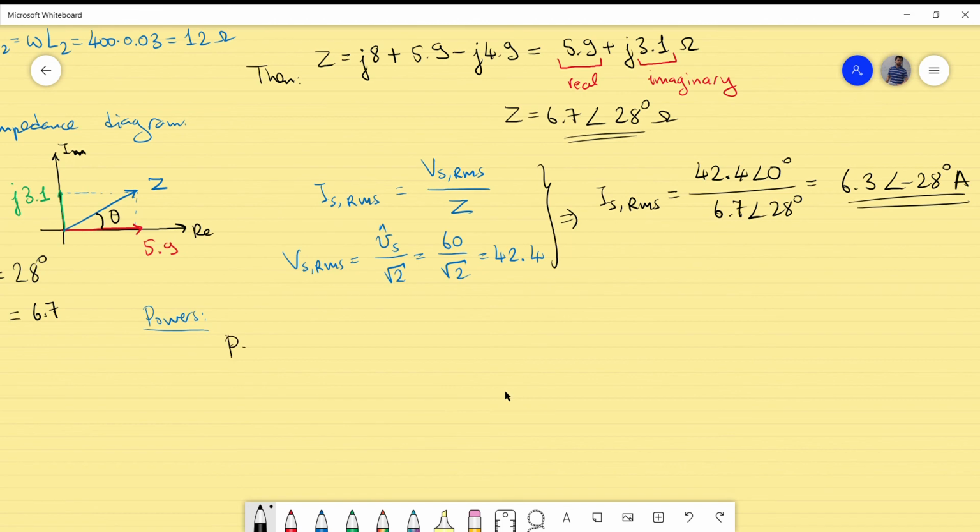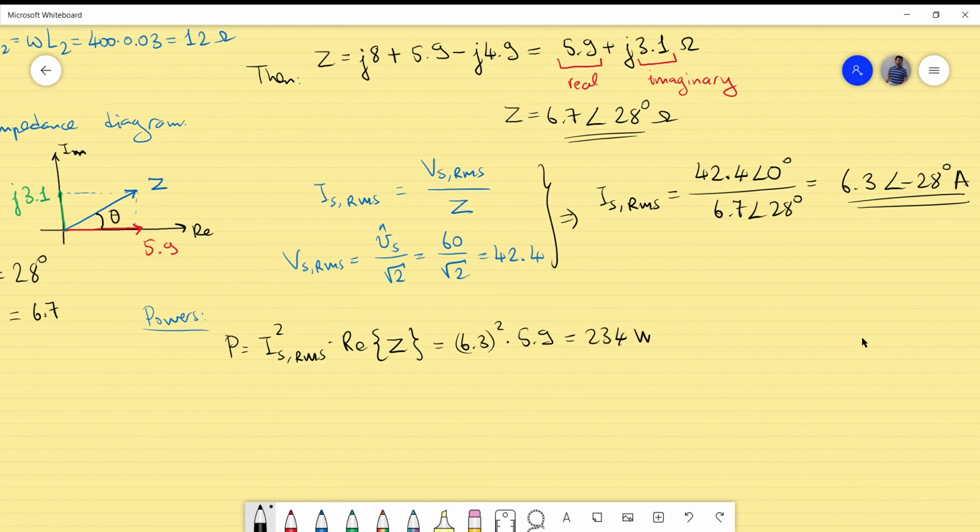The real power P is equal to the source current in RMS squared times the real part of Z. And for the real part of Z, you can look at the rectangular expression. So it is actually 5.9. And for this, you will take the amplitude of the RMS value of the source current, and we don't bother about the phases. So what we have is the following. This is 6.3 squared times 5.9. That will result in